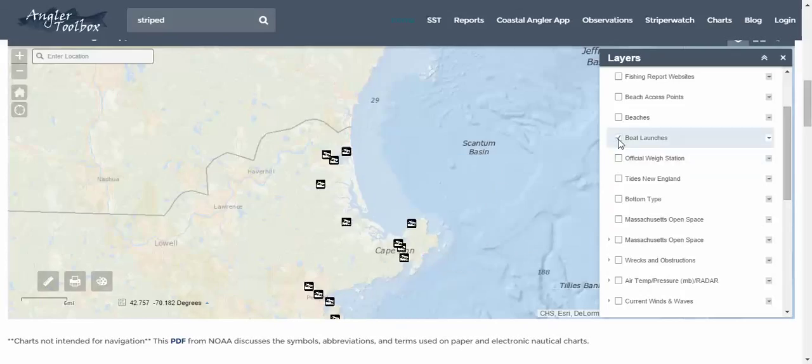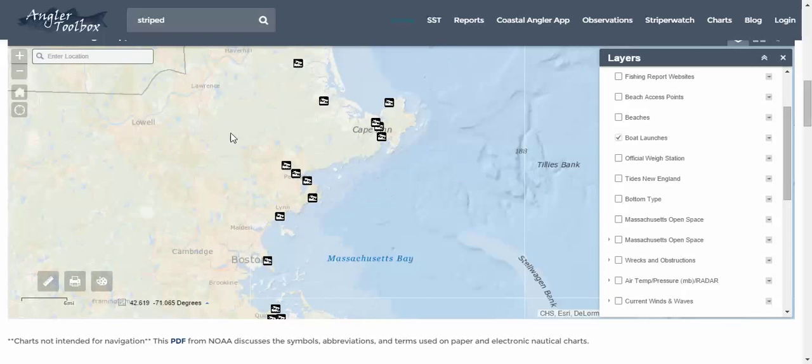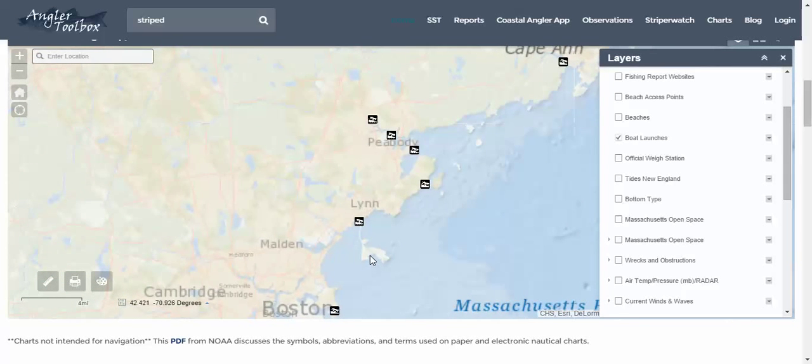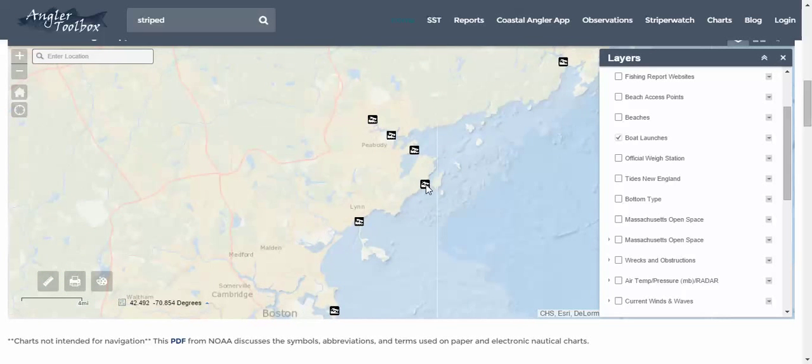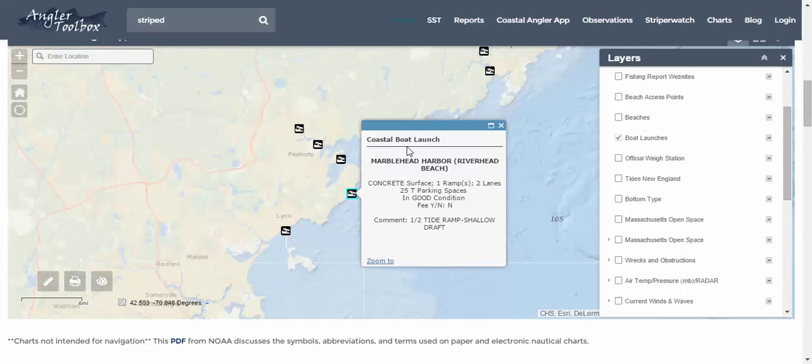Boat launches. Where are all the launches along the coast? For now, in Massachusetts. Tells you a bit more about the launch: the name, type of surface, total parking places, its general condition, whether or not there's a fee, and other comments like this one is a half-tide ramp or for shallow draft boats. Something to be aware of before you make a plan to go all the way there if you're not familiar